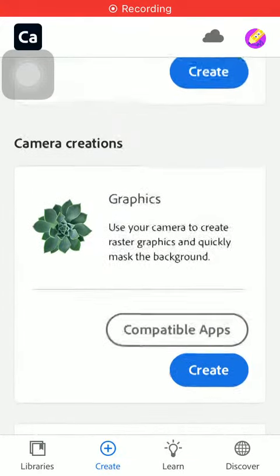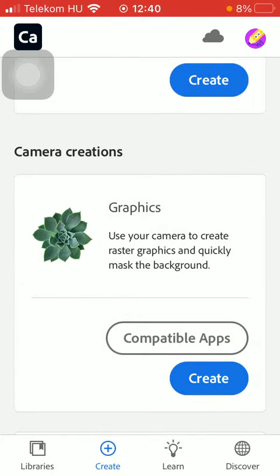Hello guys, in this video I'm going to show you how to create custom pixel and vector brushes on the